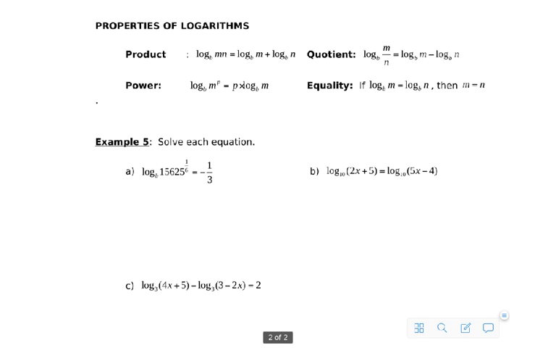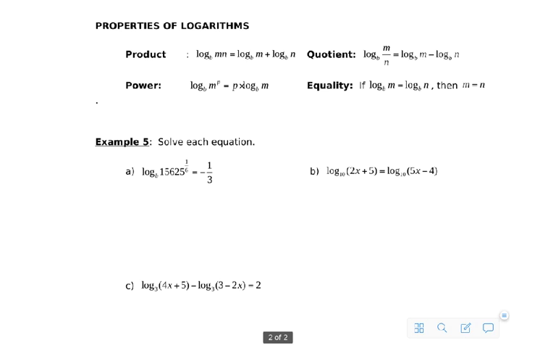In order to solve problems with logarithms, you can't really do anything unless you have a single log on each side of the equal sign, or a single log on one side of the equal sign. If you have more than one log being added or subtracted, we're going to need to rewrite it so that we can evaluate it. The properties of logs were the log base b of m times n is equivalent to